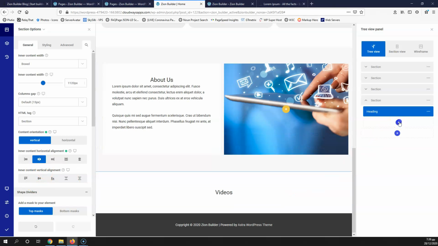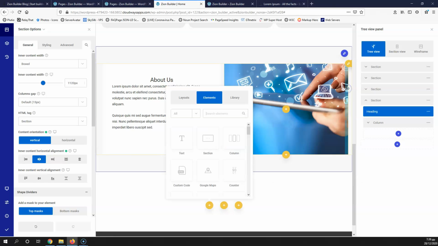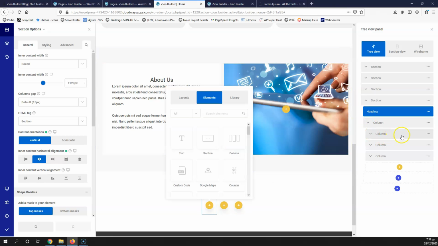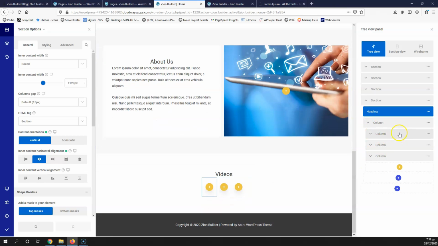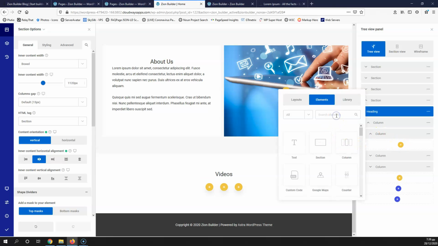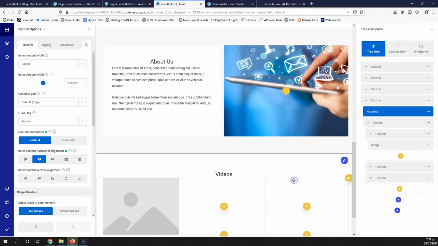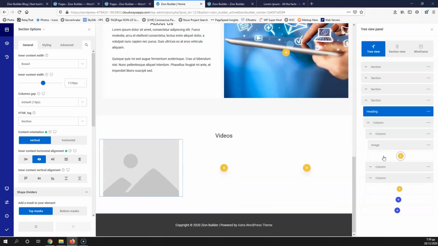Okay, here I'm going to add 3 columns, and here in the columns I'm going to add an image box which will have the image, the heading, and the title, but I'm not going to. I'm going again for the image, and after the image I'm going for the heading,